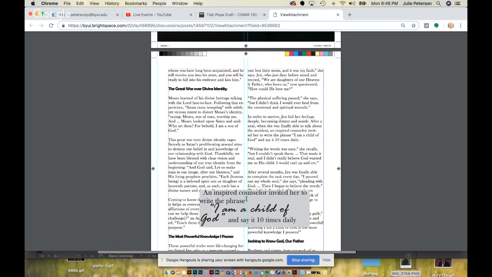Because right now you're interfering with the proximity. This is not feeling grouped really well with this, and this isn't feeling grouped with this. You need to just make sure everything is aligned and that they're grouped together. And then make sure that your text isn't too close to the edge of the box. Give it plenty of space all the way around, because right there where it's right up butt against the box, that's creating a lot of tension.